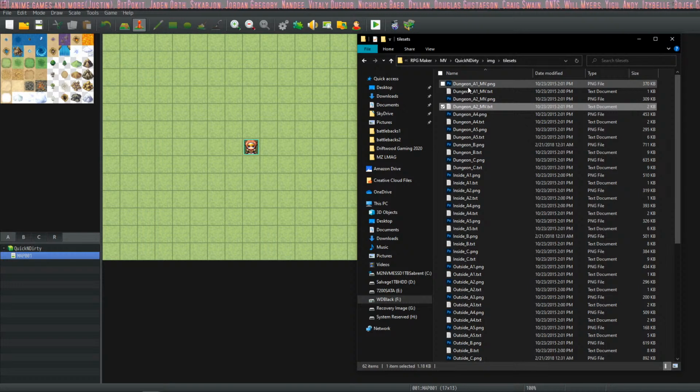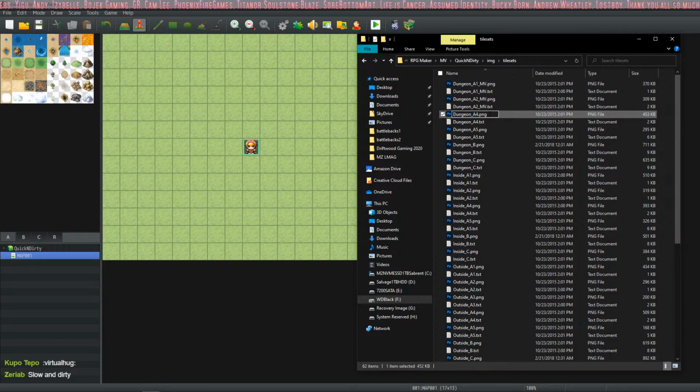Oh, wait, but you know what I need to do? Oh, it'll still remember the previous one, so I can update them. I'll have to go into the tile sets of the MV game and change all the tile sets. But it should store all the data, so it shouldn't be as much work as it would have been otherwise. So you can take this method. I think it'll work. We will find out.